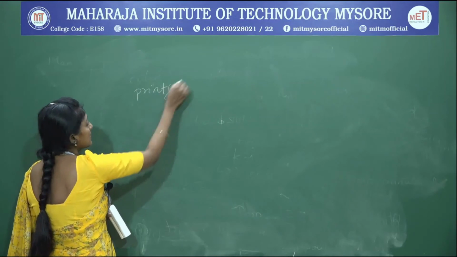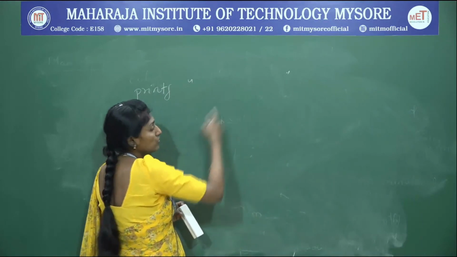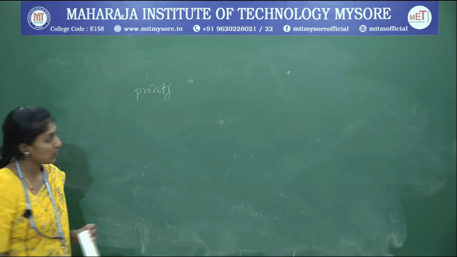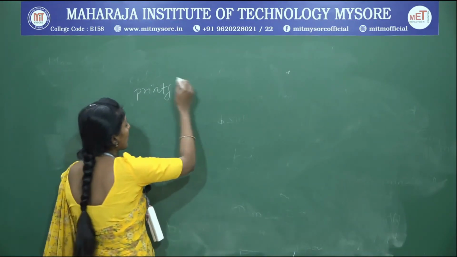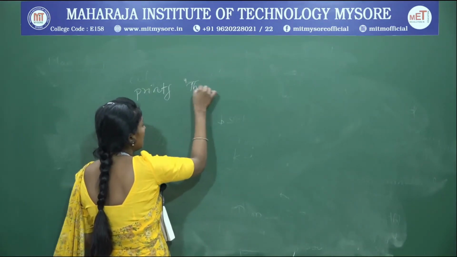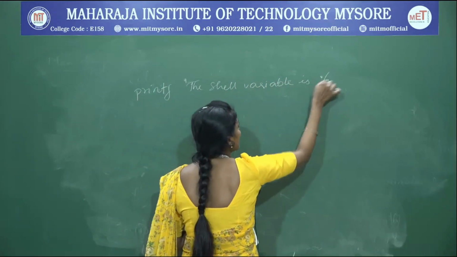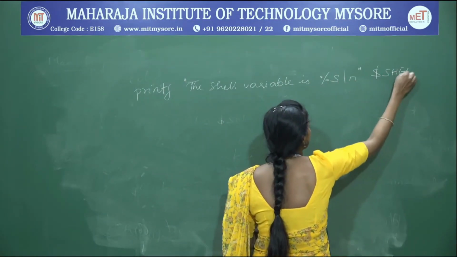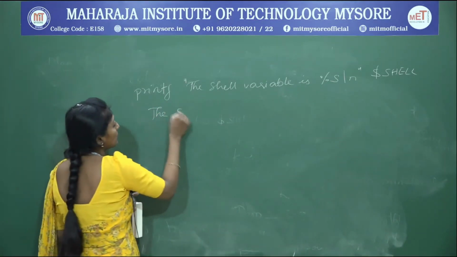With printf, if you are displaying a string of characters, the sequence of characters is enclosed in double quotes, as with the echo command. You can even use a format specifier for evaluating variables. As the echo command was used for evaluating a variable, here also the shell variable is given with a format specifier, with \n. Here the shell variable is SHELL. If I provide it like this, the output will be like this.